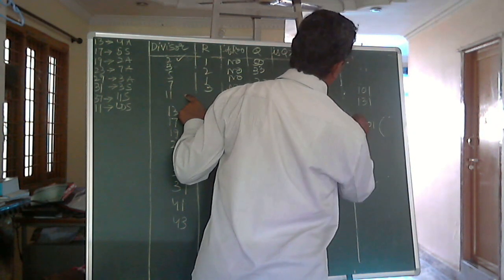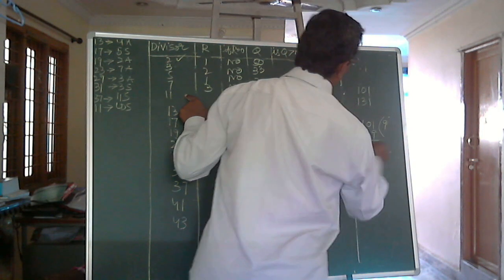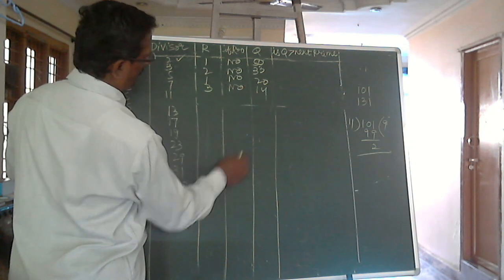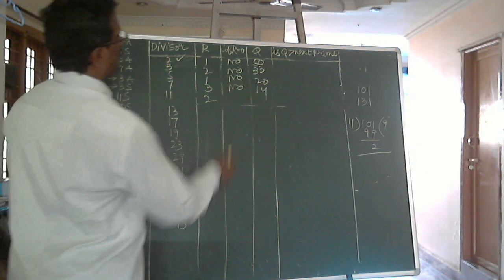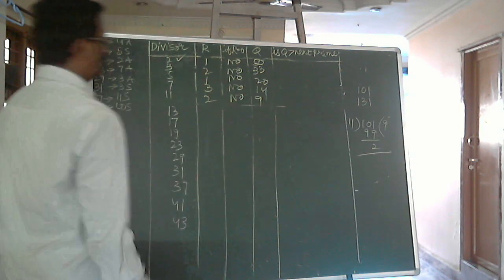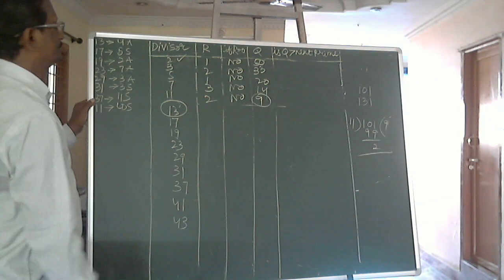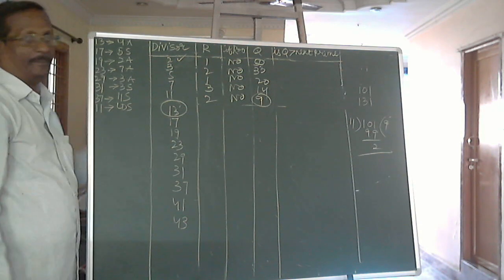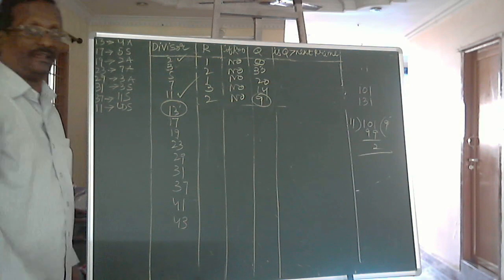101 is divided by 11. 9 elevens are 99. 2 is the remainder. On dividing by 11, we are getting 2 remainder and remainder is not equal to 0. Quotient is equal to 9. Now this 9 and 13 on comparing, here 9 is smaller than the next prime number. Therefore, the largest prime number by which we need to check is 11.